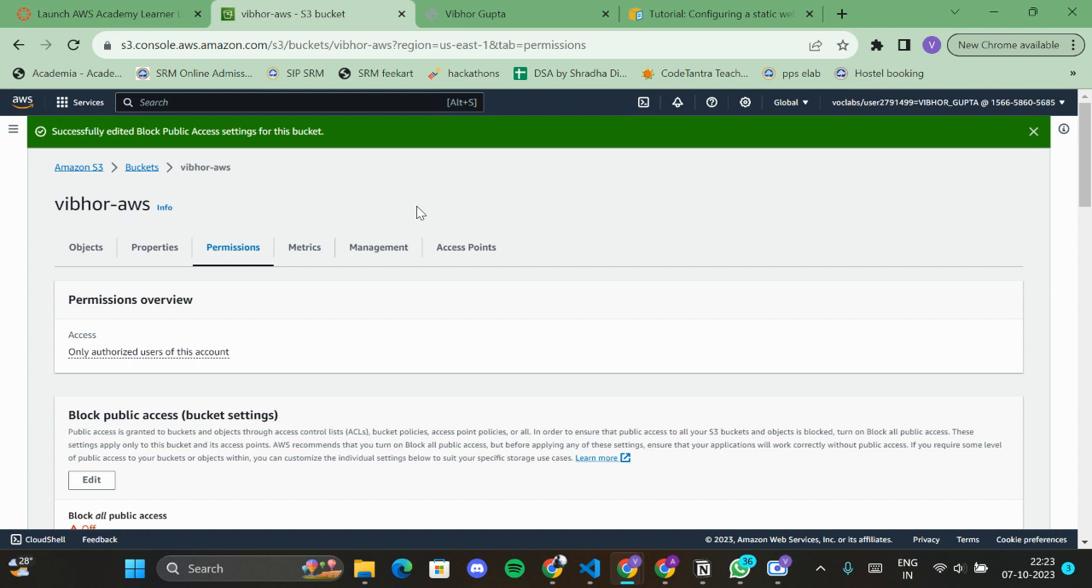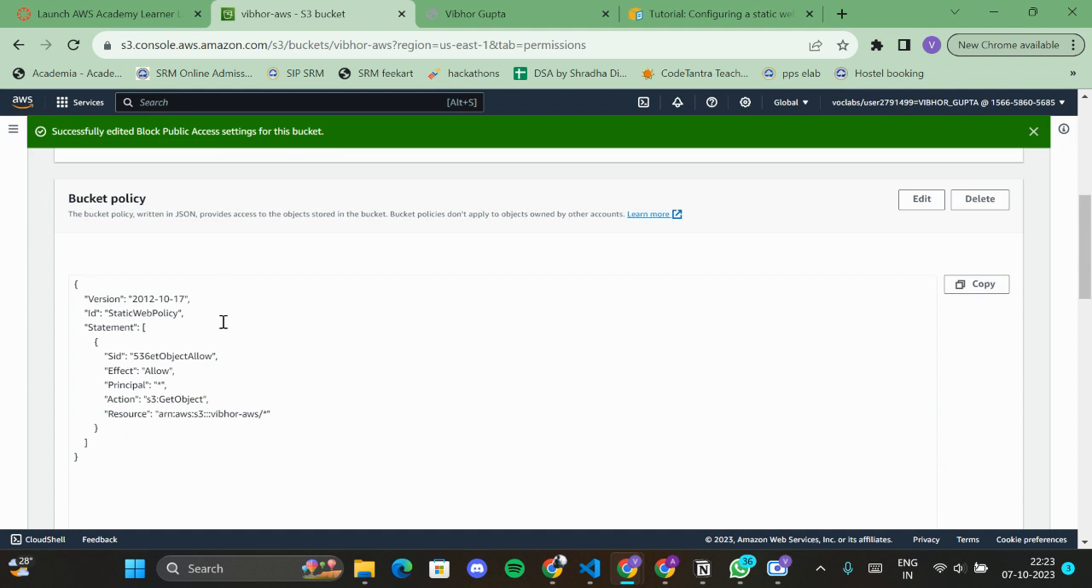Now, the next step is to make the website files accessible to the public and create a bucket policy that grants public read access to the objects in a bucket, which is the code. So we'll have to give access to that. For that, we have to create a bucket policy. This is a standard bucket policy,